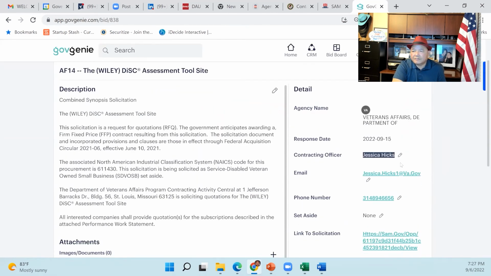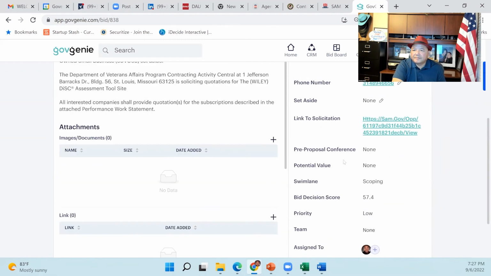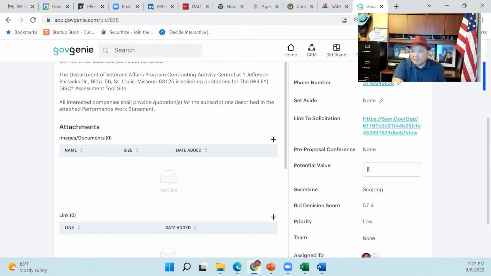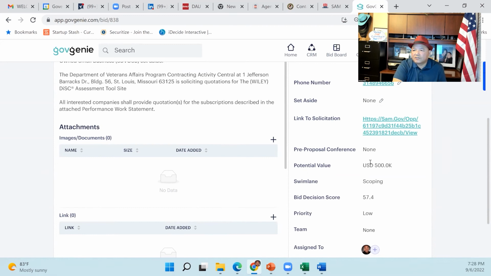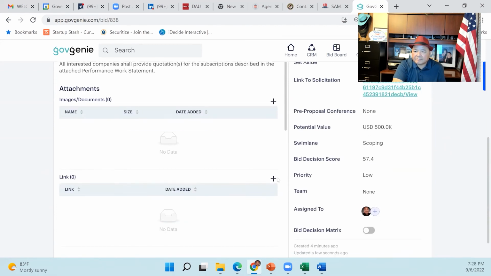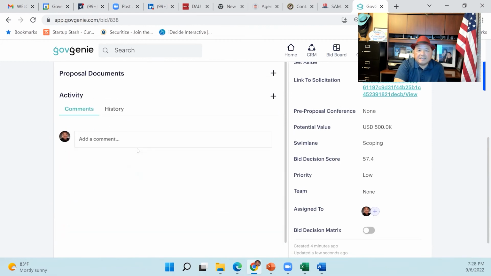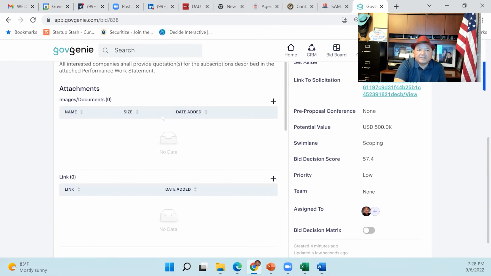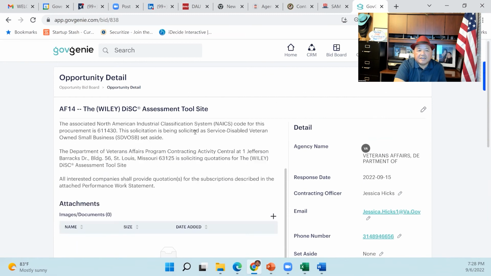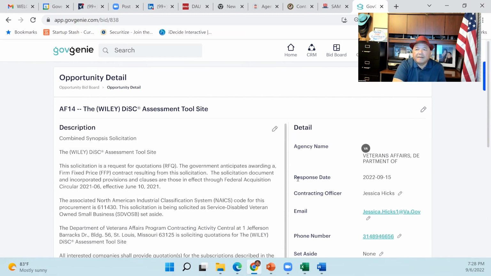Automatically, it captures the contracting officer's name, email, phone number. Now, sometimes they don't provide those, but if it does provide it, the system automatically captures that information. And let's assume that this project for 1 year, I'm going to say it is 500,000. So now I can start tracking my pipeline value here. And I can see the information here. I can say, okay, this is a potential opportunity for me.